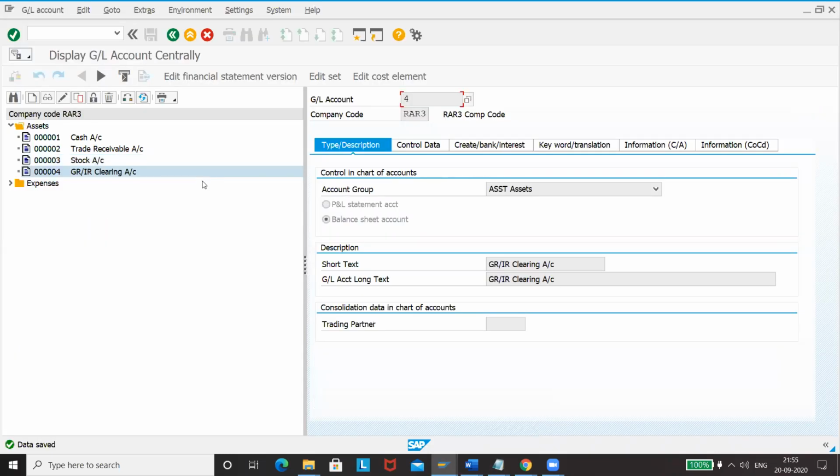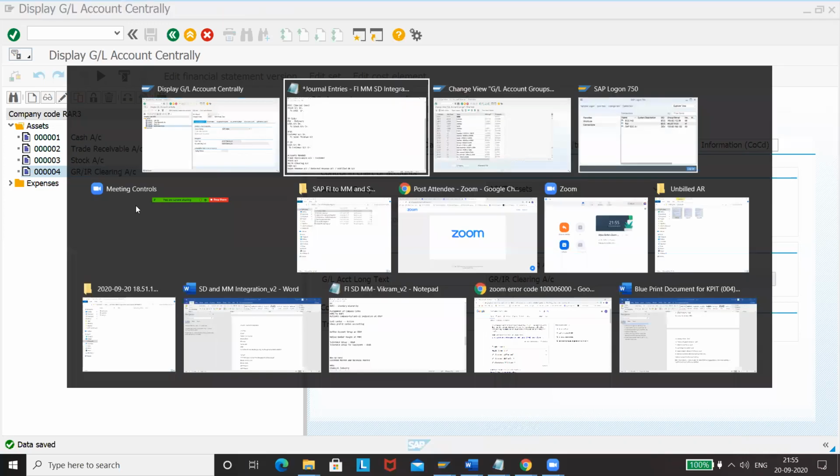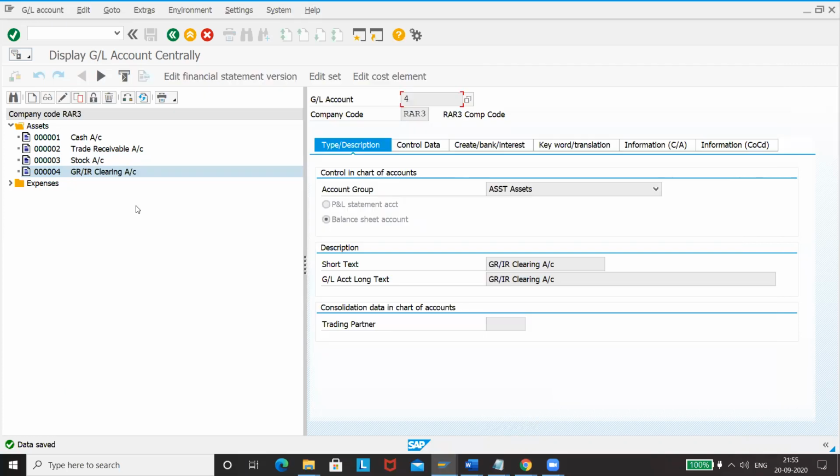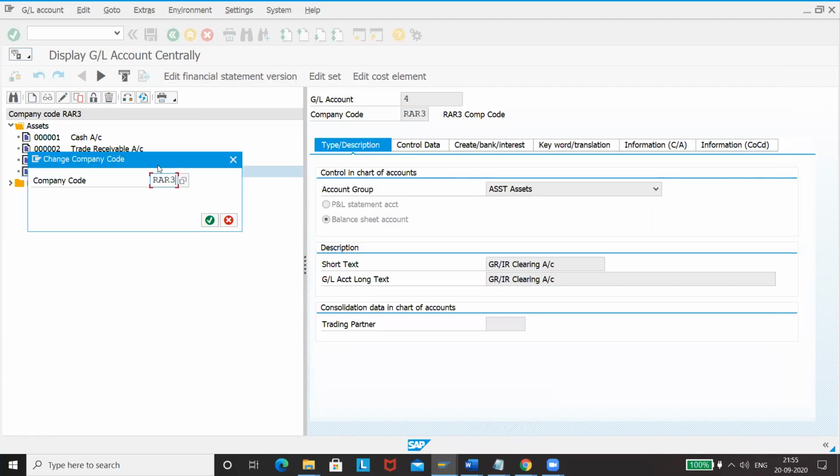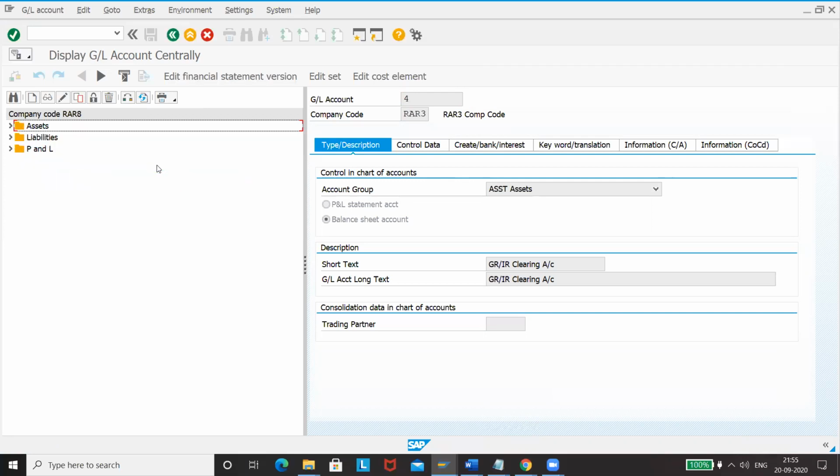COGS account. COGS is as well. Let me see. Yeah, that is as well.